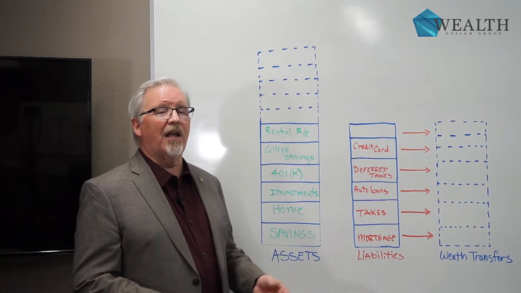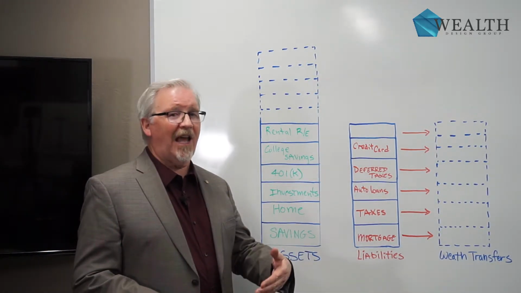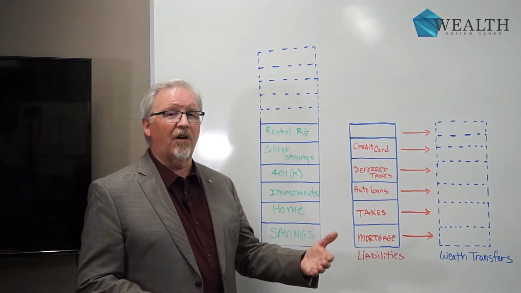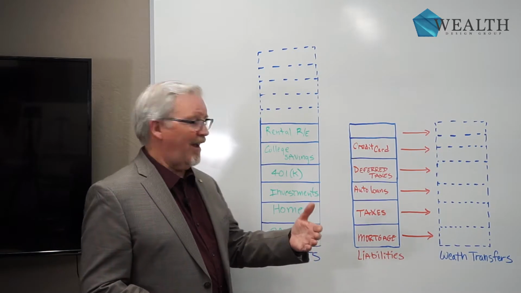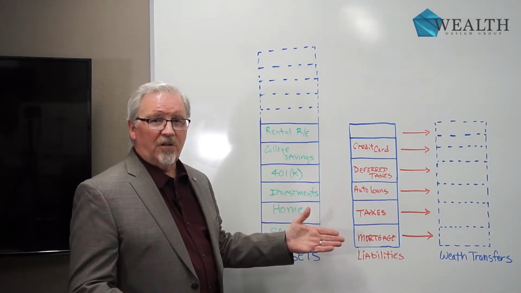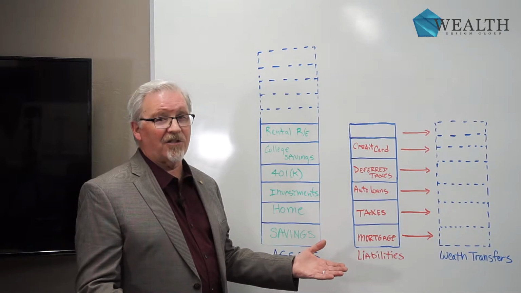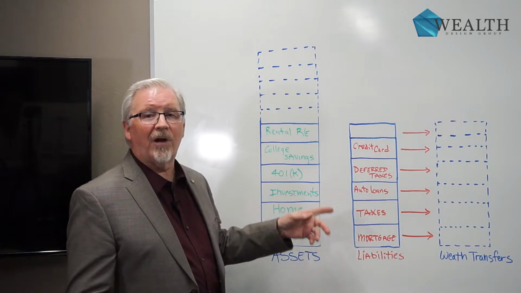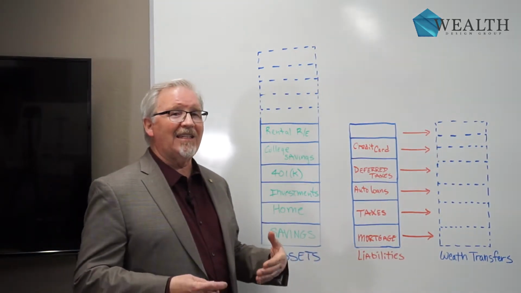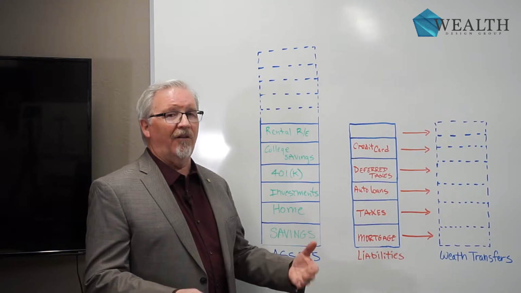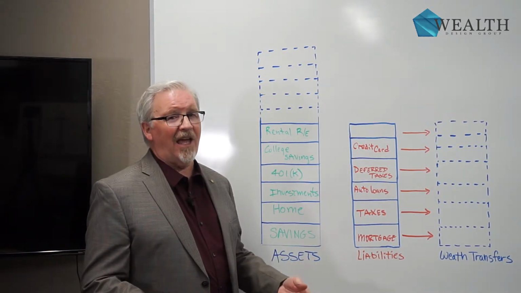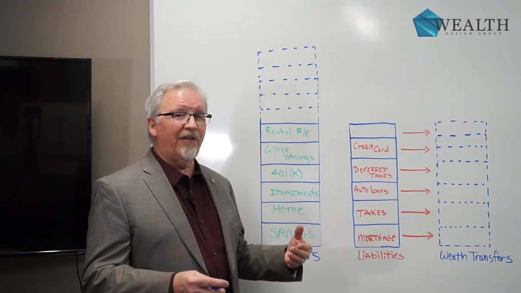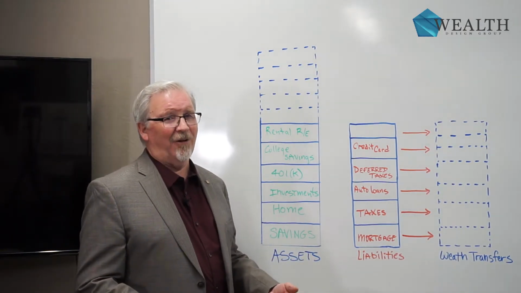But it does create a liability. You owe the bank because you didn't have enough money to just pay cash for your house. And you're paying interest on it, and that bugs you. I know it does. Okay? You've got auto loans. You're paying somebody unless you paid cash. You're paying somebody for your auto loans. You've got deferred taxes. I want to talk about your 401k. That is a deferred tax. That is a postponement of your tax. You will pay that tax someday. If you happen to die with your 401k intact, your beneficiaries get to pay the tax on that. Okay, so it will be paid.